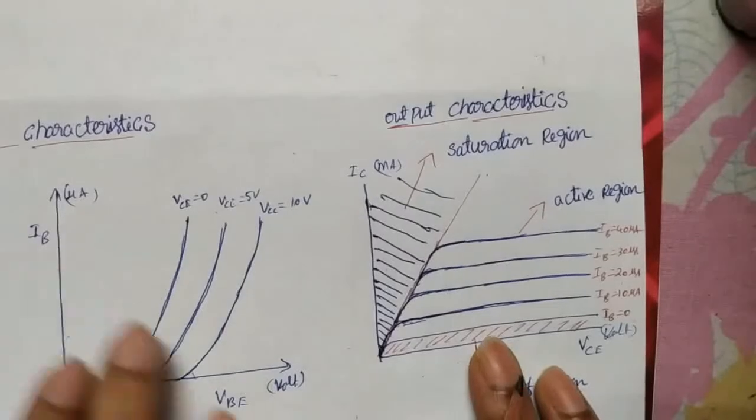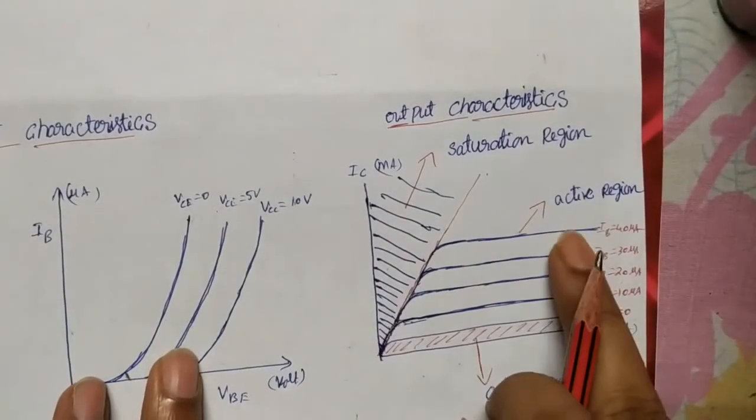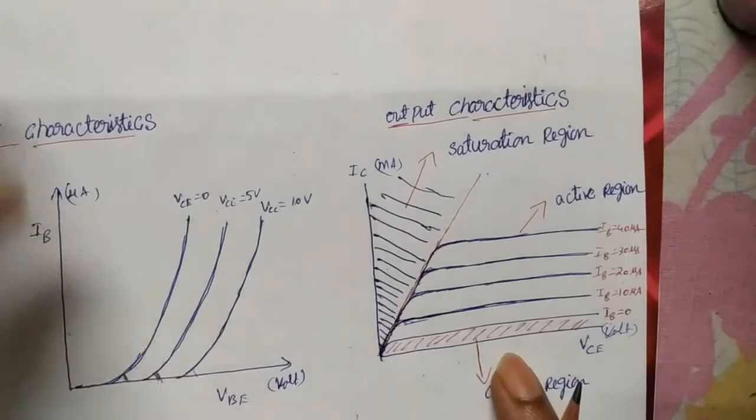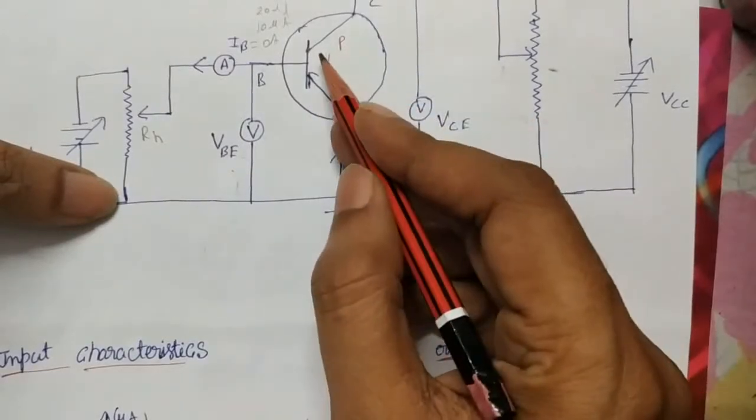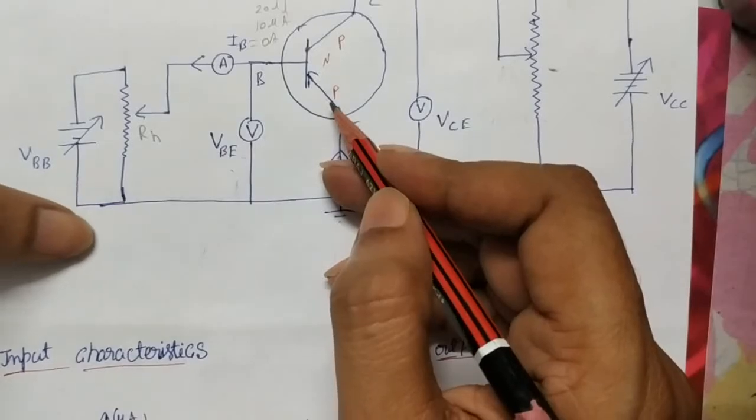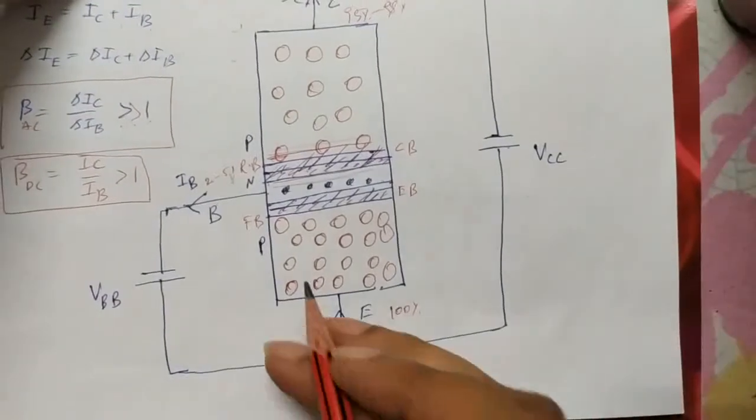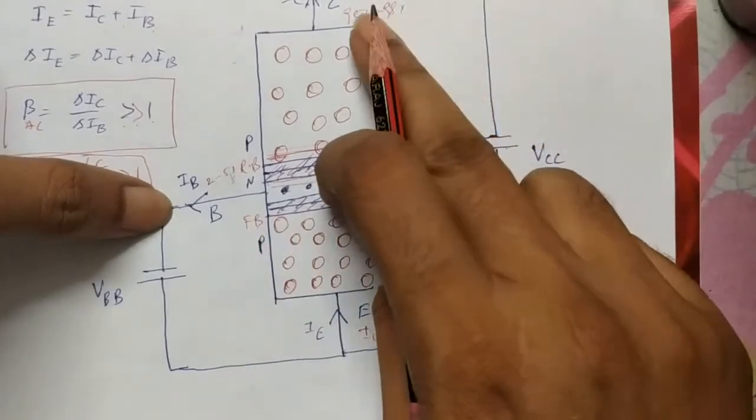So in output characteristics, there are three regions. One is the cutoff region, another is the active region, and the third is the saturated region. What does the cutoff region mean? When both junctions, that is the emitter-base junction and the collector-base junction, are in reverse bias, you get a very small, minute current flowing. You see that in common emitter configuration,